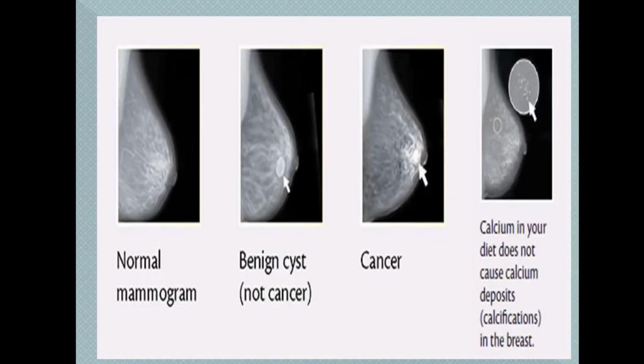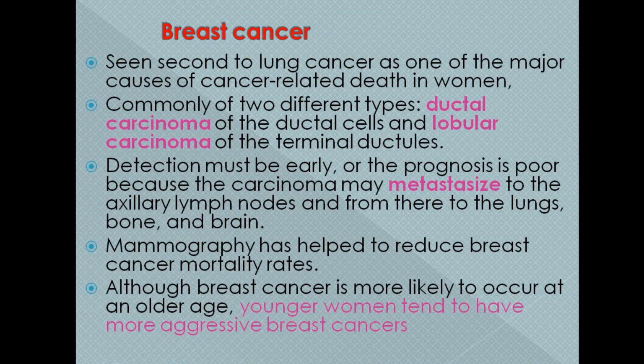The detection of a tumor or cyst or any abnormality could be done by the scan known as a mammograph. The mammogram shows the breast parenchymal tissue, and if any abnormality is present, it could be found in this scan. A benign cyst could be found, calcification could be detected, and carcinomatous enlargement could be found in the mammogram.